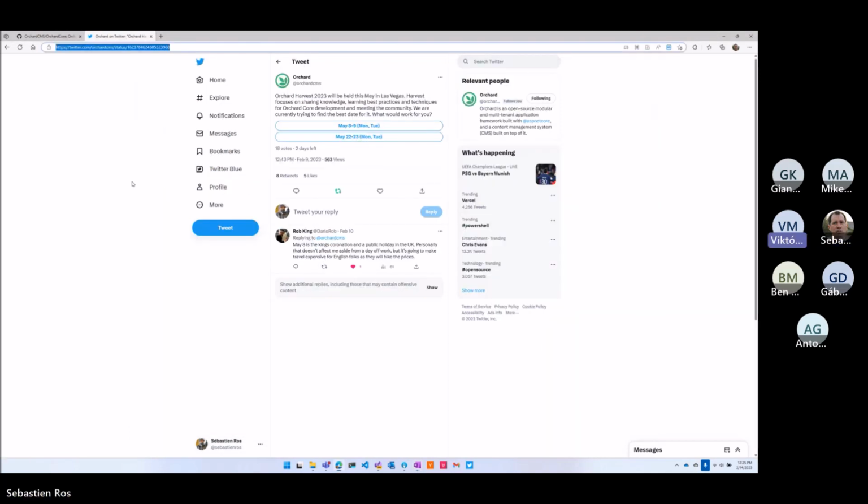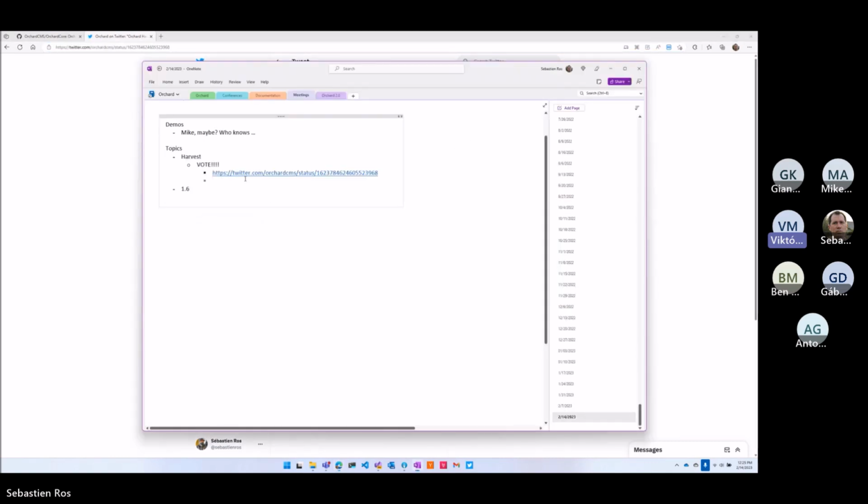Yeah, the second point is about the sponsorships. I was trying to contact those who said that they are open to some kind of sponsorship. So the first thing is that if you know some companies that would be open to sponsor the harvest, that would be really cool. And I also wanted to ask about the previous sponsorships. You already mentioned that some company could maybe provide the location for the harvest. We have one